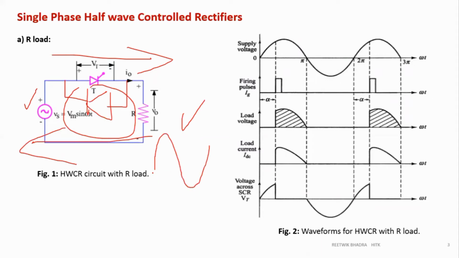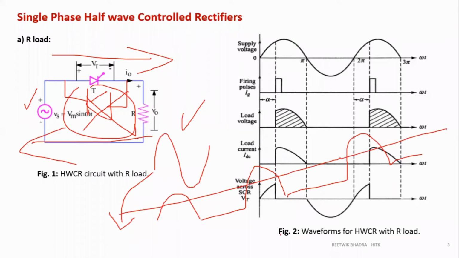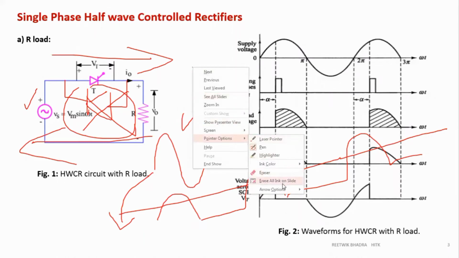In order to make this waveform DC, what does DC mean? It has to be made unidirectional. So we'll remove this diode. If you remove this diode, only the positive portion will remain. The negative portion will be 0, then positive, then 0, then positive, 0. If you take the average value, it will be positive. So it is a DC voltage, all unidirectional, no positive and negative. Means the output of this circuit will be unidirectional.